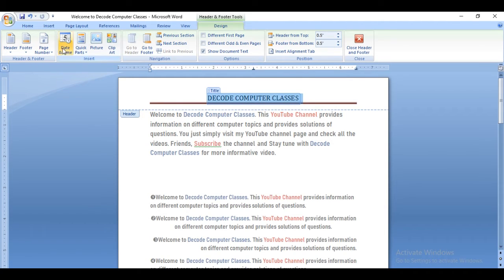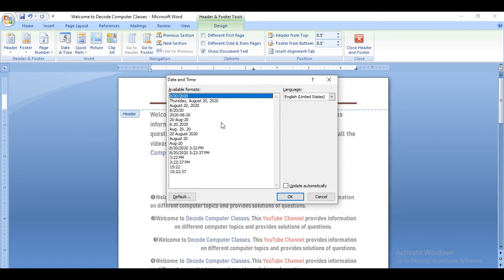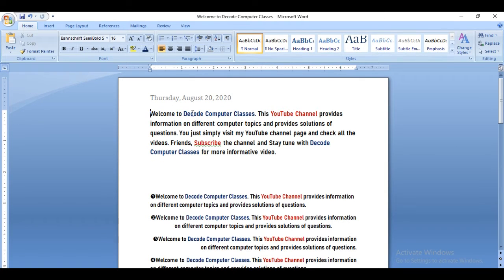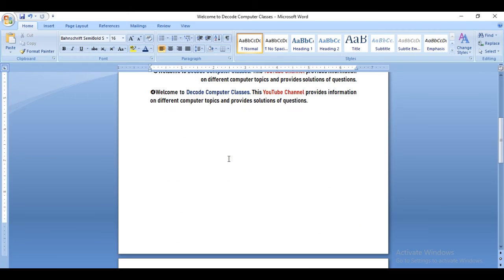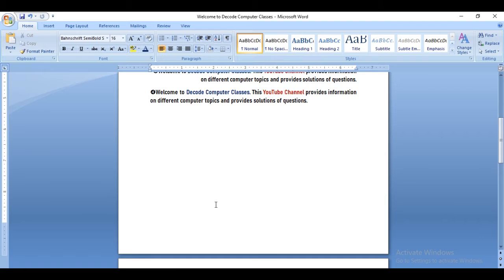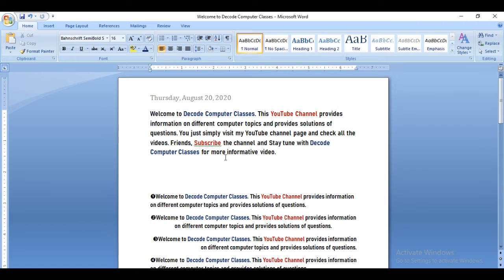So as you select the title, the date and time option is enabled, right friends? So you can pick any one of the dates, and the date format, and in place of the title it will appear here. Okay, it is now selected again in the next page. So this way all the changes you can apply with your choice. Okay, so this is the process of inserting and editing the header. So right friends, this is the process.